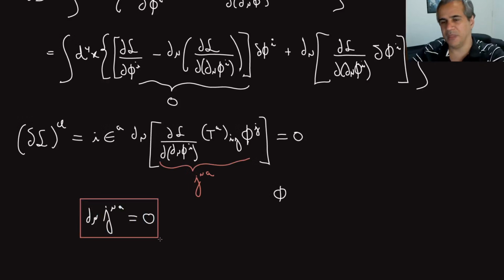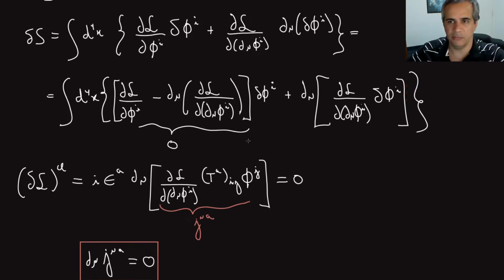But we know that our path integral, suppose I'm talking now about a quantum field theory, phi will be inside of a path integral. Let's think about the path integral formalism. It's easy to see my point. Phi will be within a path integral, so it will be integrated over configurations which satisfy the classical equations of motion, but also over off-shell configurations, configurations that do not satisfy the classical equations of motion, right?